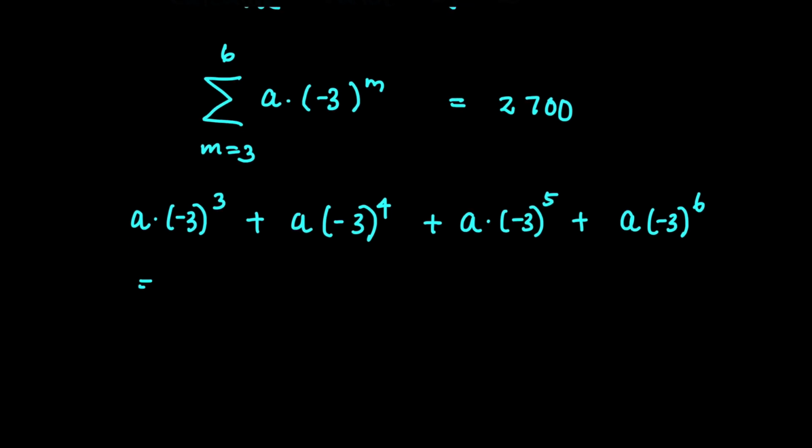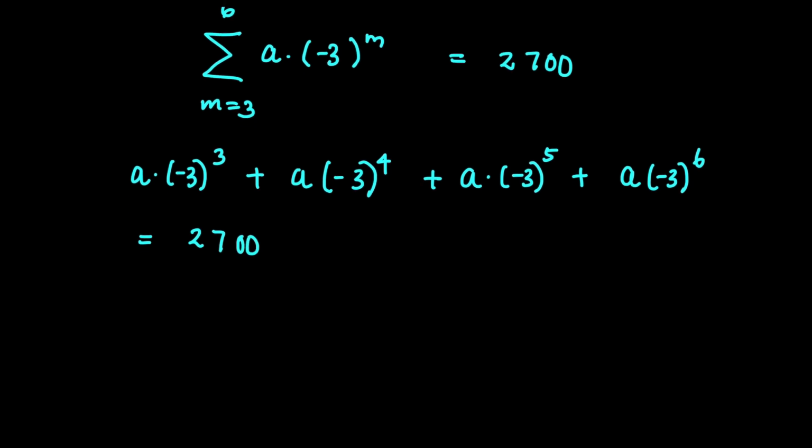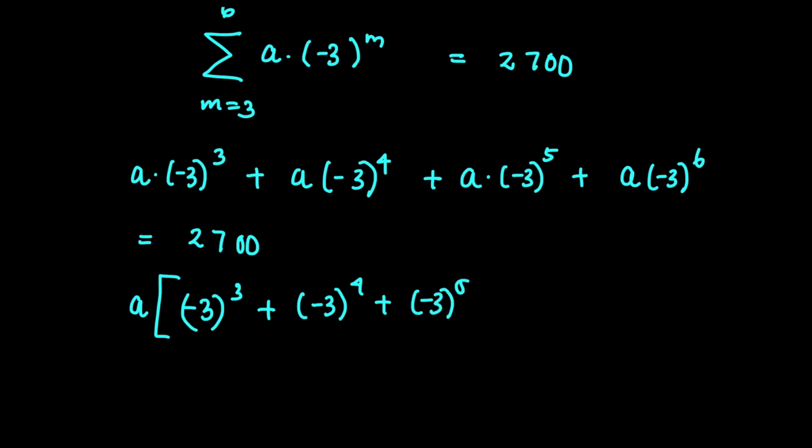So this should equal 2,700, you know? So we're going to factor out A into minus 3 to the 3 plus minus 3 to the 4th plus minus 3 to the 5th